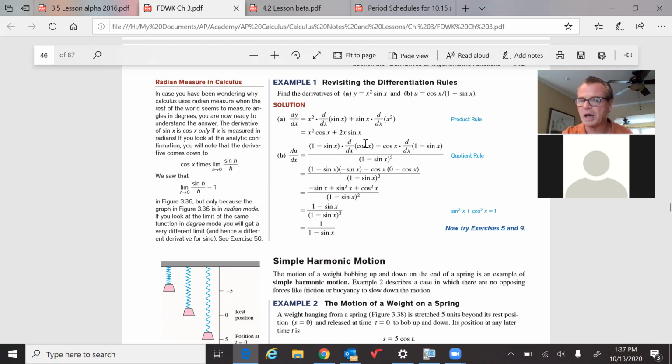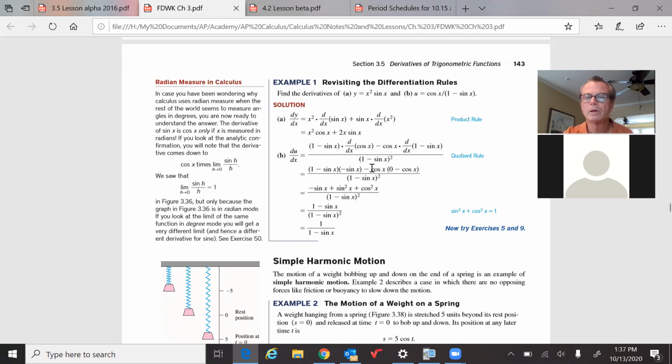So from this line to this line, derivative of cosine is negative sine. Subtract cosine x, and they showed you here that 1, this is a sum, 1 differentiates to 0. Sine differentiates to cosine, but it was subtract sine, so subtract cosine. Now what? Distribute this over the parentheses. When you go to combine your like terms, you see the Pythagorean identity, sine squared plus cosine squared, so that's